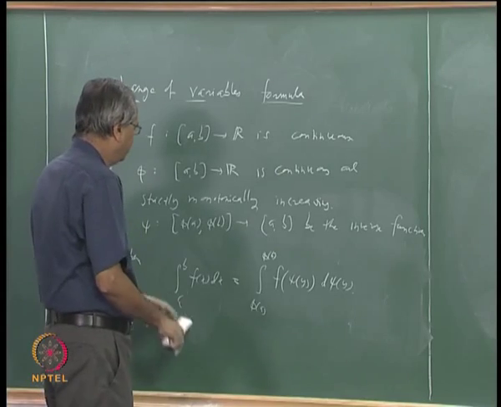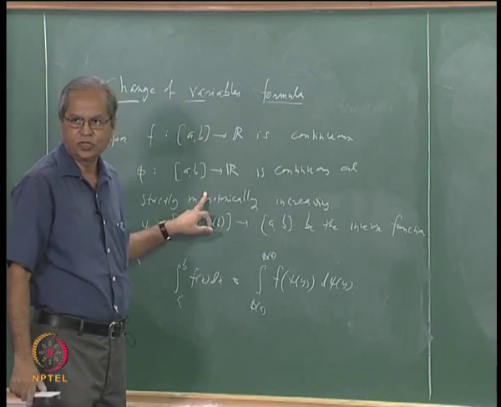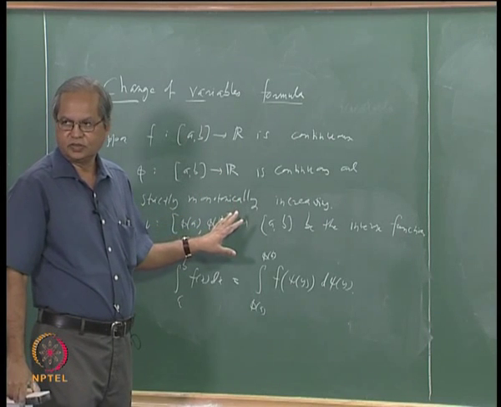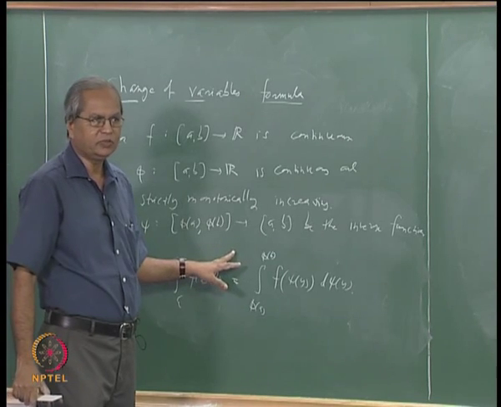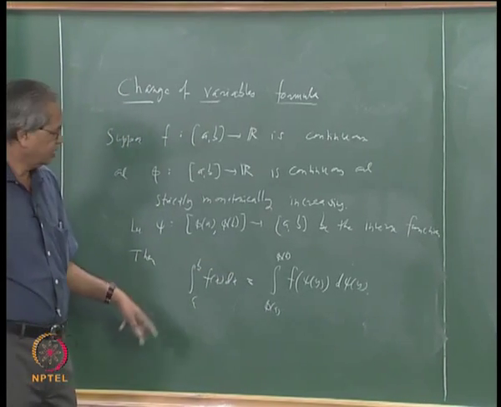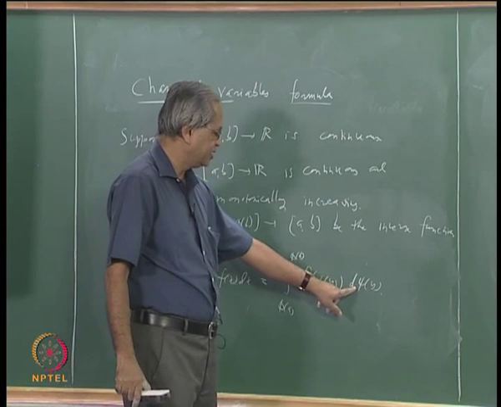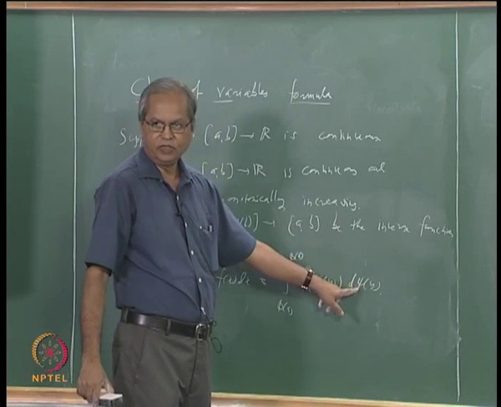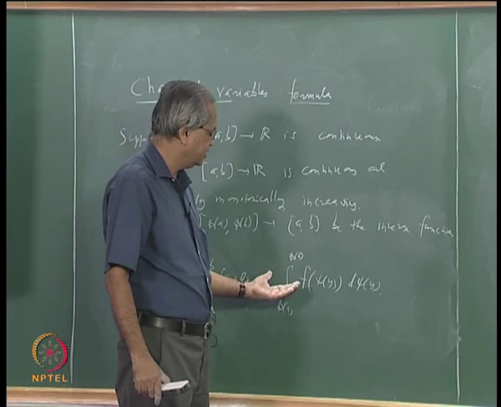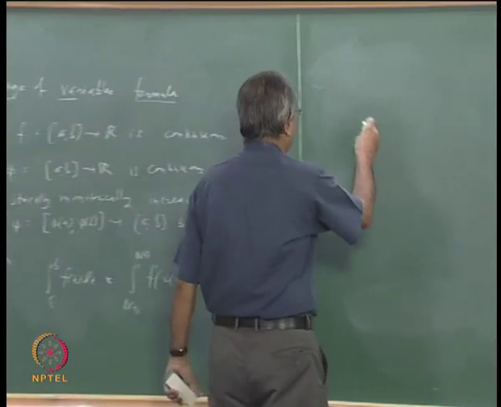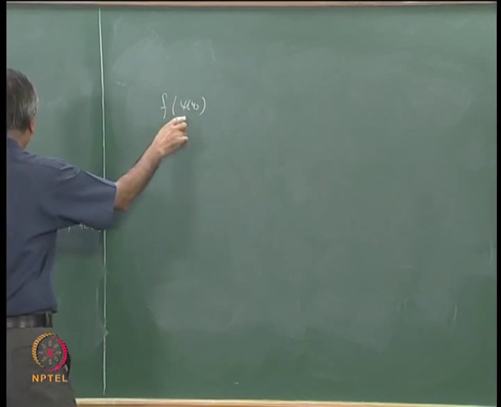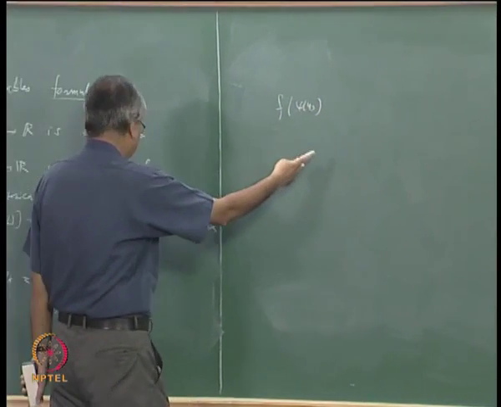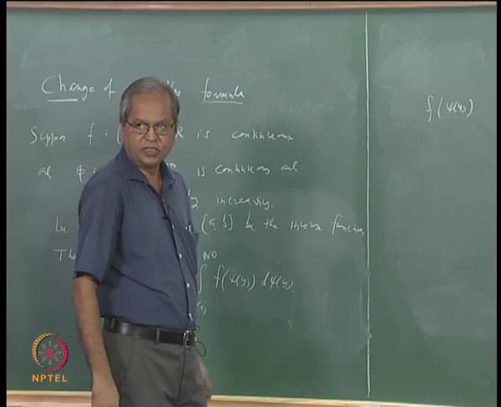This is also fairly easy to prove if you assume that the functions involved are differentiable. Then one can use the fundamental theorem of integral calculus and the whole proof becomes very easy because it follows merely by the chain rule. Then d psi(y) will be nothing but psi prime(y) dy, and the derivative of f at psi(y) is f prime at psi(y) multiplied by psi prime(y). So that's all that is required.